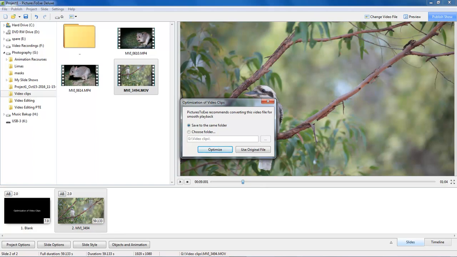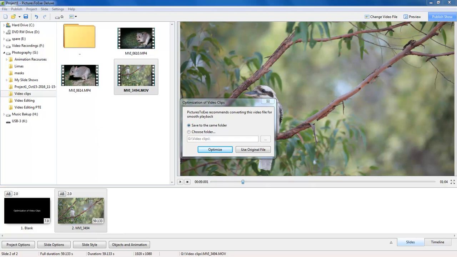And optimized video clips require less computer power. In my recent experience, optimized video clips also have a substantially smaller file size than the original, but I have heard it said that in some cases the file size can be a bit larger,